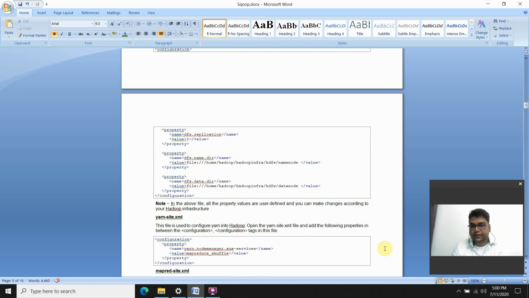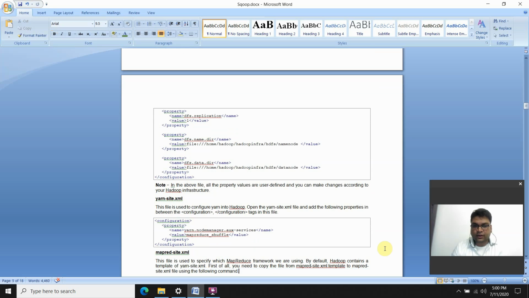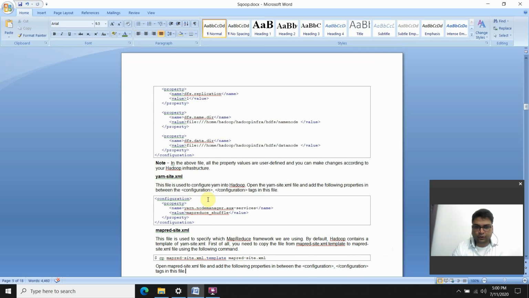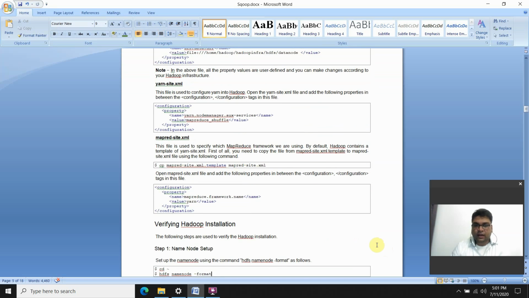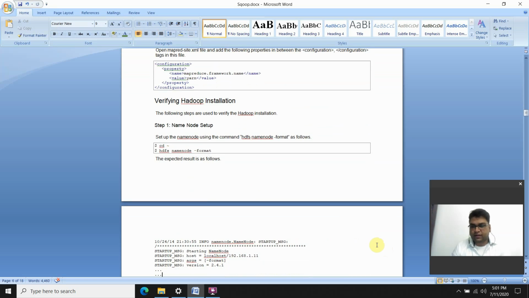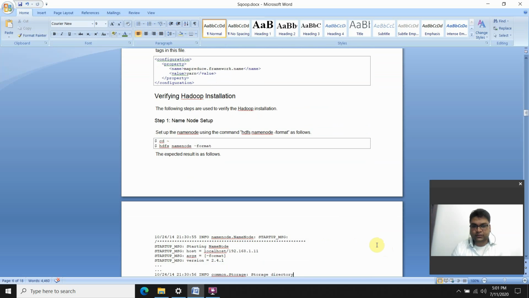Then comes the yarn-site.xml file. This file is basically used to configure YARN in your Hadoop. You can open it, and over here you can put the details within the configuration tags. Similarly, you will have a mapred-site.xml file. In a similar way, you need to configure all these files, and you can then verify whether your Hadoop installation is properly